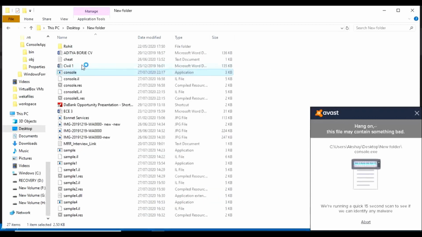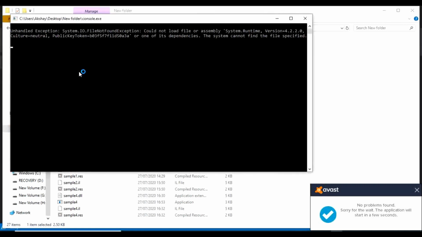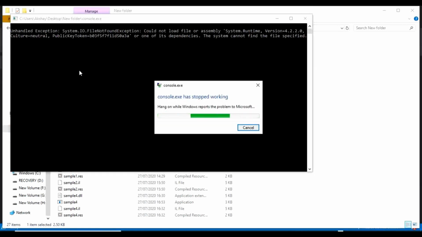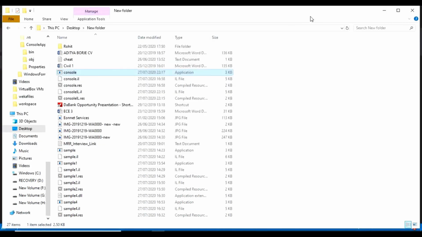Basically, it is not able to find the assembly which has the information as well as the metadata about that assembly, whether this assembly is dependent on any other assembly, and everything. This exe file cannot run without the DLL file which contains all the assembly information.